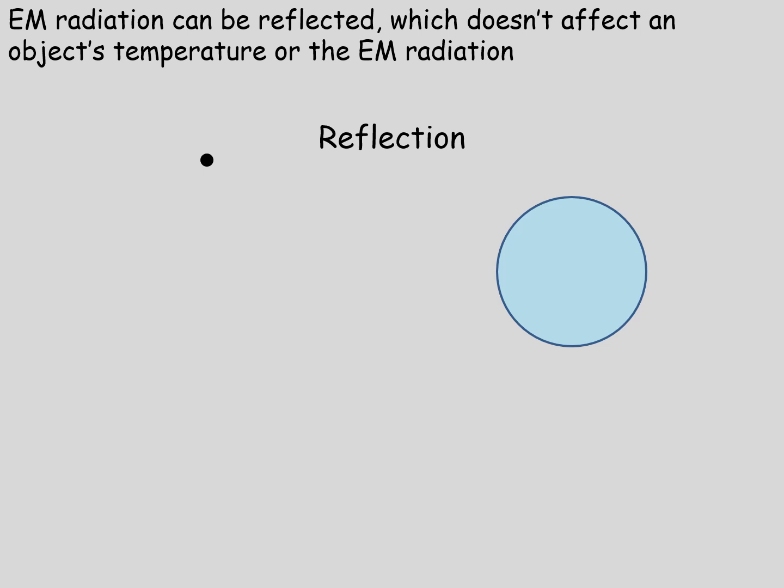Another key piece: when radiation reflects off of something, that thing's temperature doesn't change. You can think of it as all the energy that the radiation brings in also just gets reflected back out. So none of the energy goes into the thing that is causing the reflection.